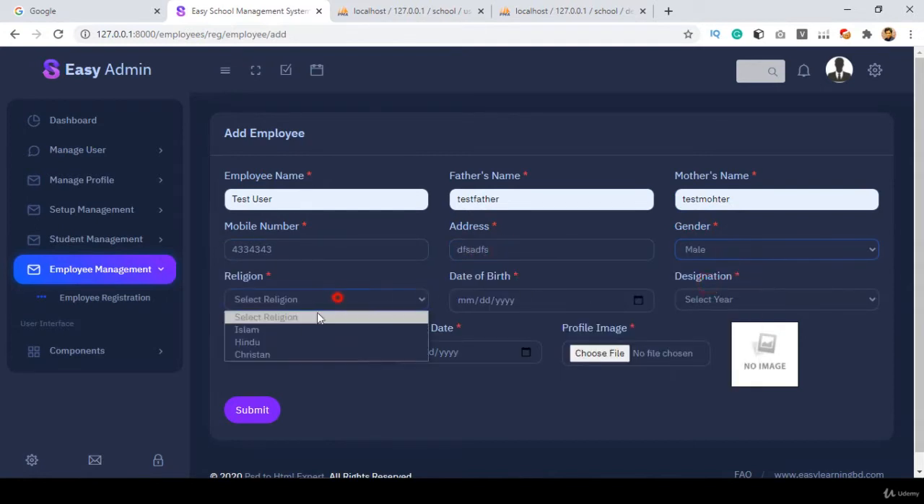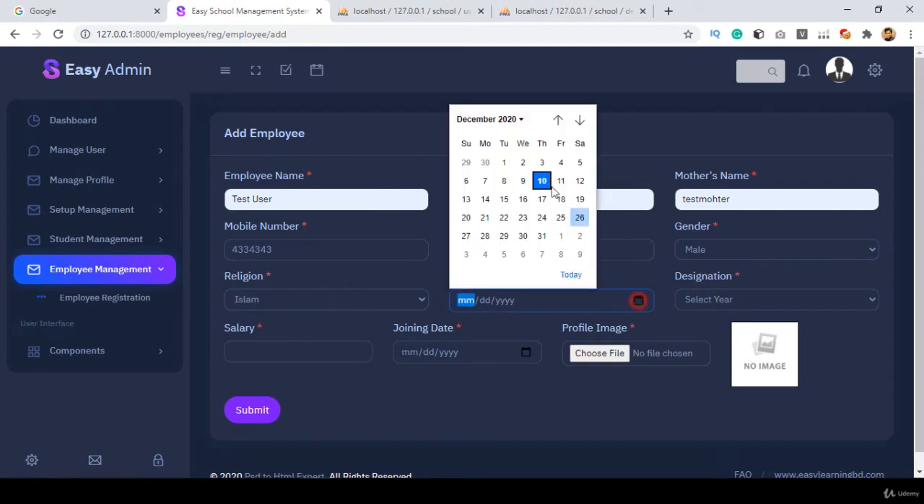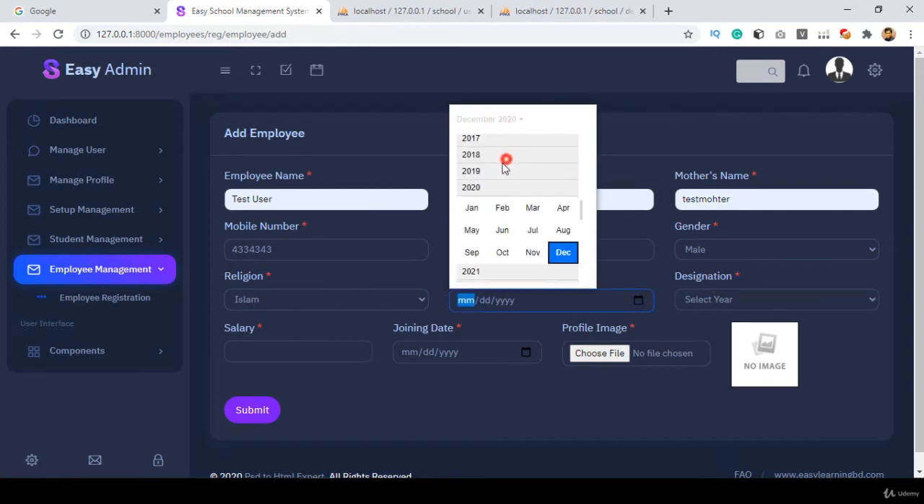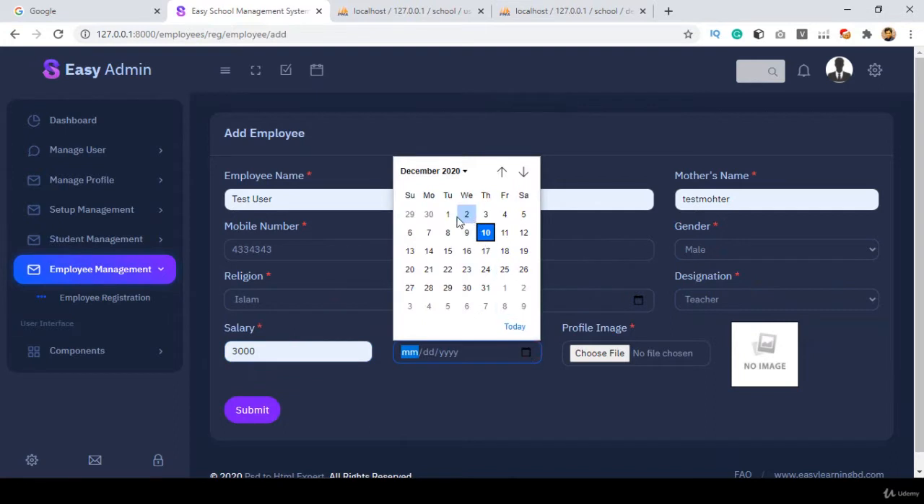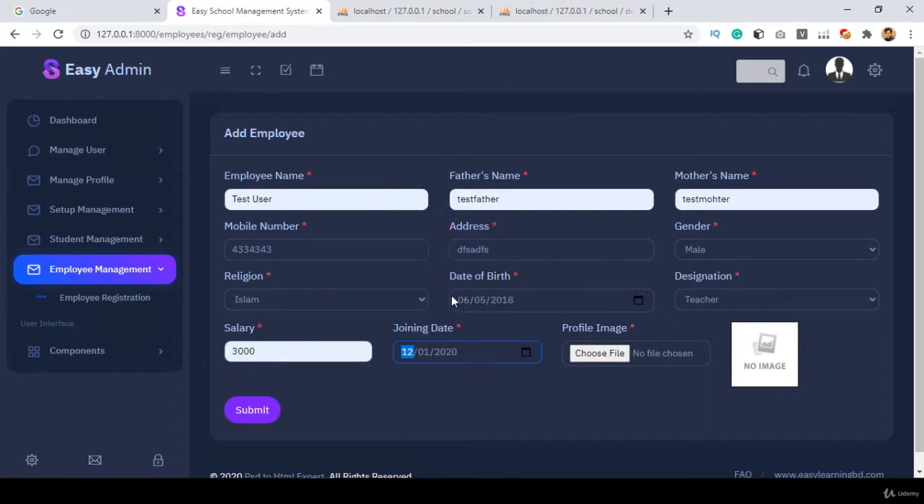select the gender, religion, date of birth. Okay, I put the date of birth as this one for this employee. That is everything actually for the employee, right? And also I select the designation as teacher, and then salary I make it $3,000, and then joining date, and for the joining date I select this one. Okay, that means automatically it should get our year, and then it should get our